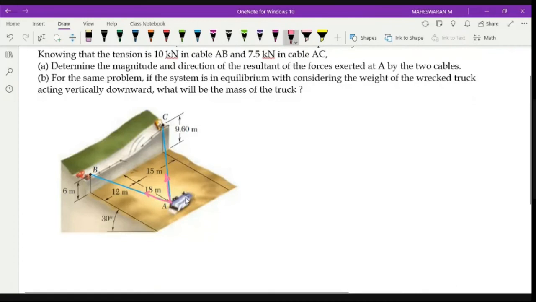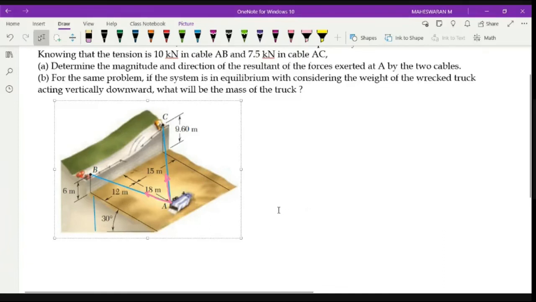You can see that there is an inclination of 30 degrees, right? So which means that you can see there is a line here. I have to identify what is the height of this line. So how to identify that?